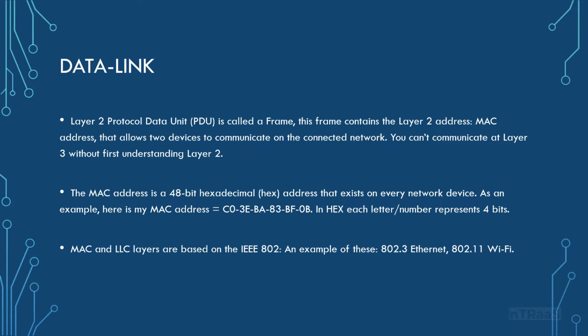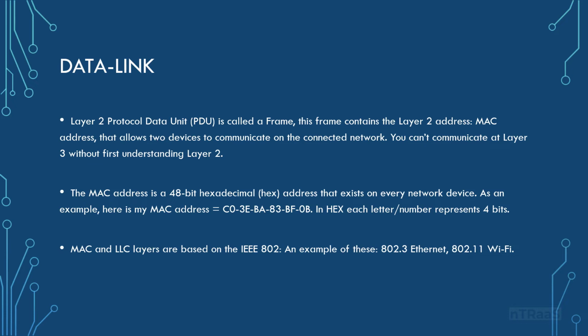48. Now keep in mind, hex is 0 through 9 and A through F, which technically gives us 16 possibilities. 4 bits gives us 16 possibilities. If you think back to the IP communication and subnetting, you'll know that the 4 bits represents 2, 4, 8 to 15. So 0 through 15 is 16 possibilities.